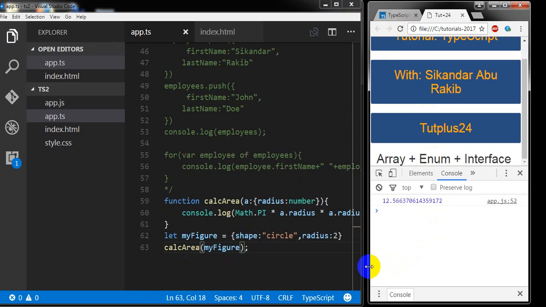Okay, so what I'm doing here, I have created a function here, calcArea, to calculate the area of a circle. Here I am declaring some parameter and its type, and here I am calculating the result, and I am creating a variable by some object, and I am calling this function by passing this object as a parameter. And right now,